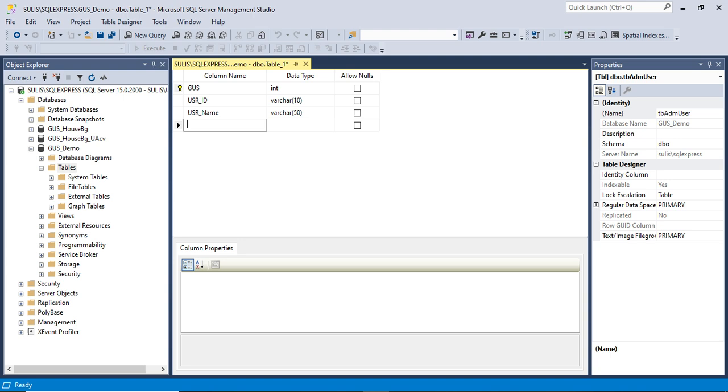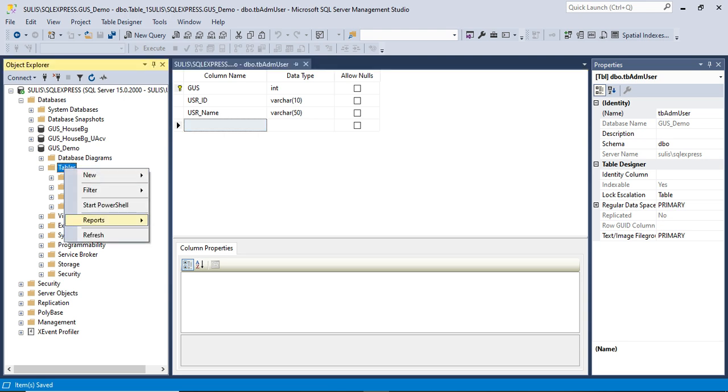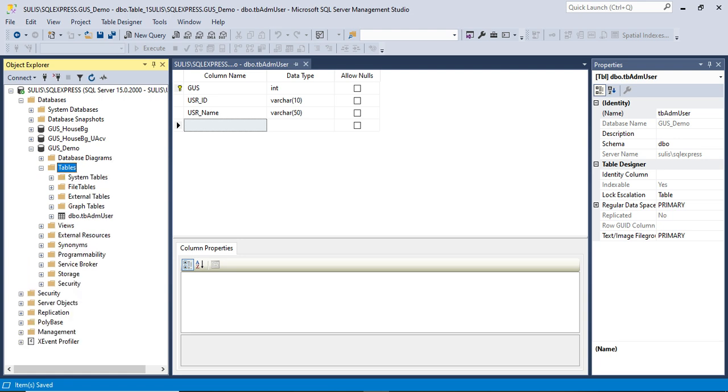We have only 3 columns. Now we click and refresh. See, we already have this table.